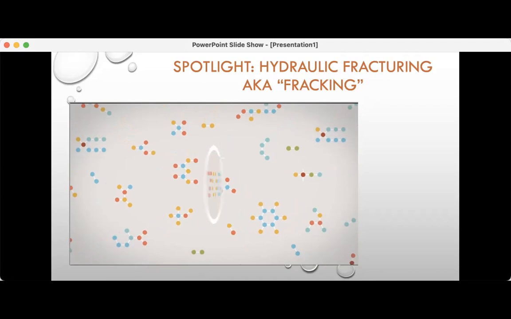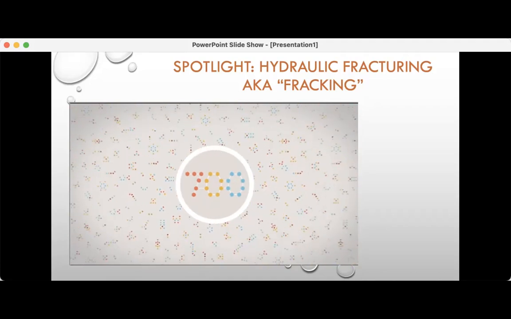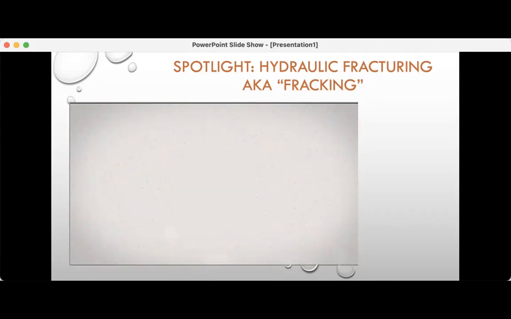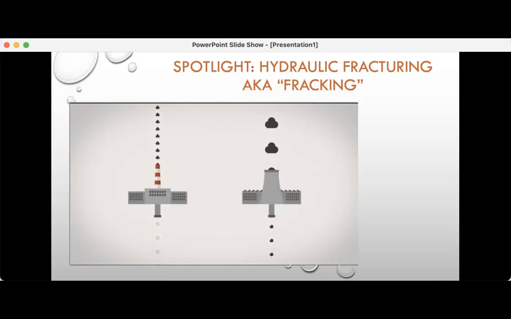But it is known that there are about 700 different chemical agents which can be used in the process. Another risk is the release of greenhouse gases. The natural gas recovered by fracking consists largely of methane, a greenhouse gas which is 25 times more potent than carbon dioxide. Natural gas is less harmful than coal when burned. But nonetheless, the negative effects of fracking on the climate balance are overall greater.